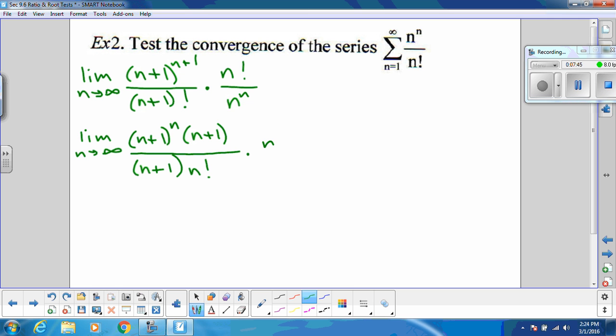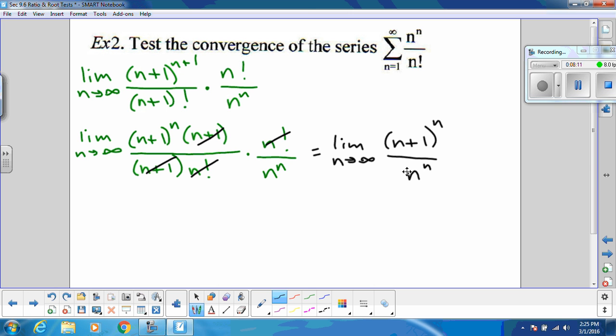That's the nice thing about factorials. So then what cancels is our n factorials and our n plus 1s. So I really have the limit as n approaches infinity of n plus 1 to the nth power over n